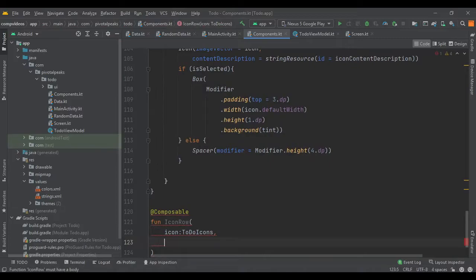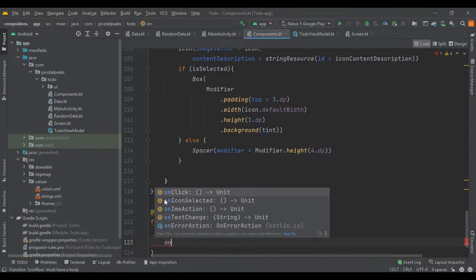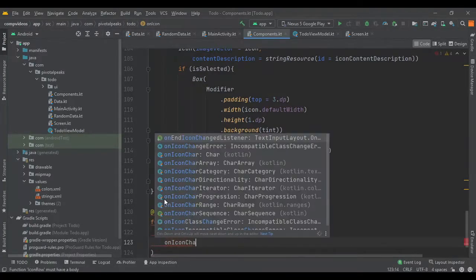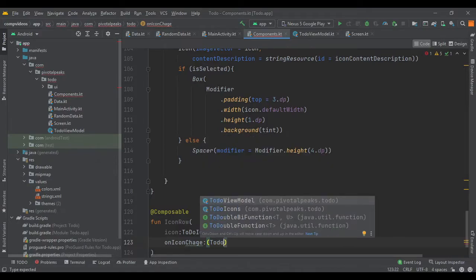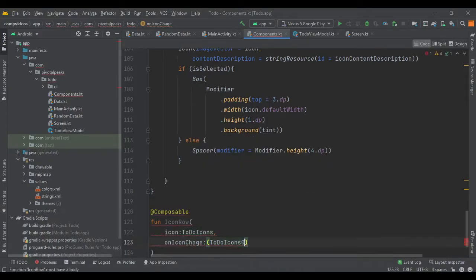Second is going to be a function for icon selection or icon change, so let's call it onIconChange, and let's pass our ToDoIcon, and pass the lambda function, make it Unit.